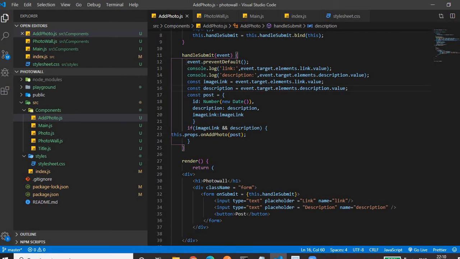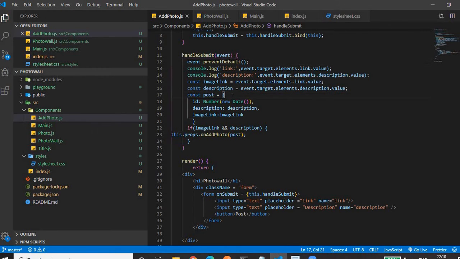And here if you see, in the first line we have written event.preventDefault. Why is it written? Because if you click on the button, the request goes to the same form and our page gets refreshed. To prevent that, we don't want our request to go to the same form. That's why we have to write event.preventDefault.